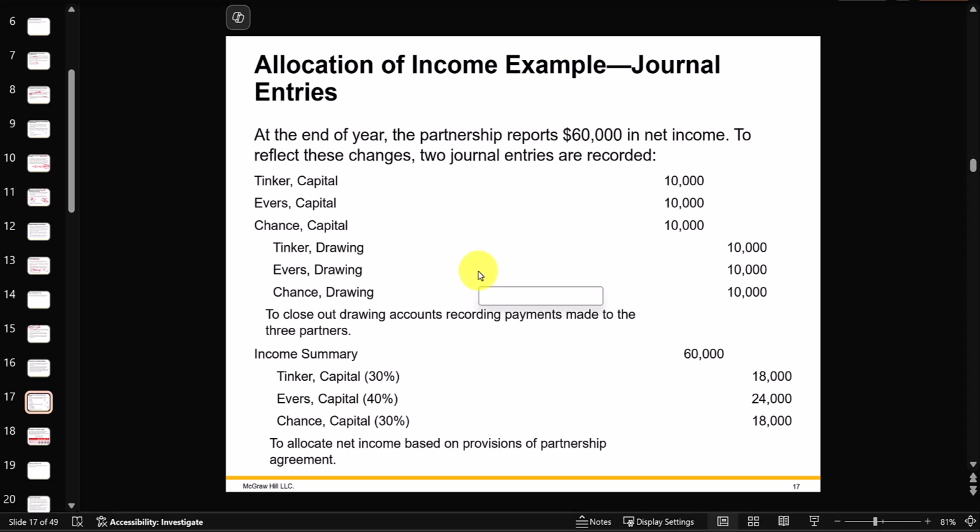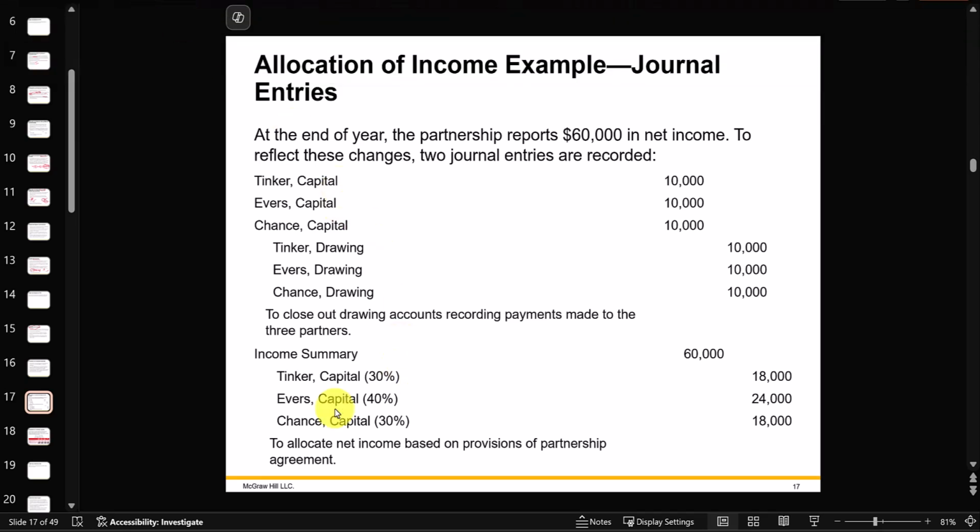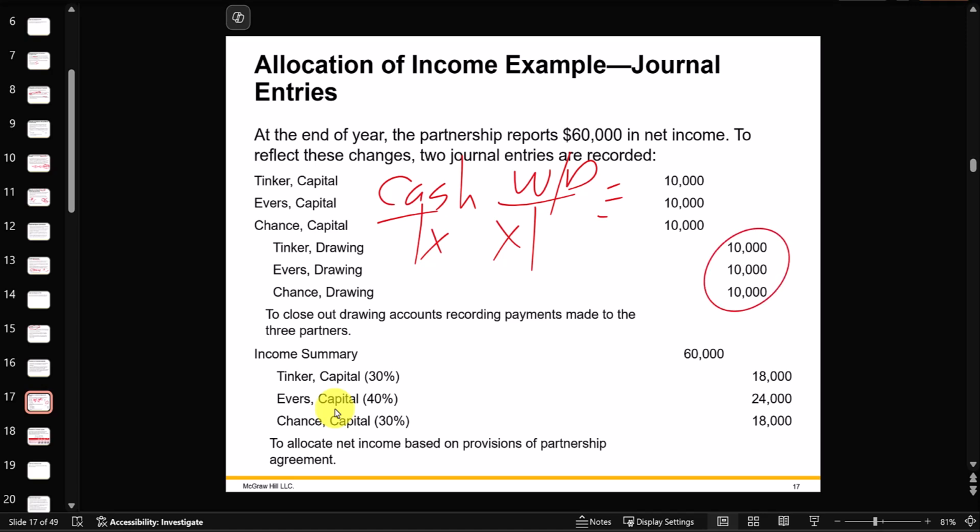First is the closing of the drawings. So they first had recorded the drawing. Remember that was debiting the drawing account and crediting cash, for each of the three partners, three separate drawing accounts. Now we close out the drawing by crediting the drawings and then reducing the capital accounts, debiting them for those